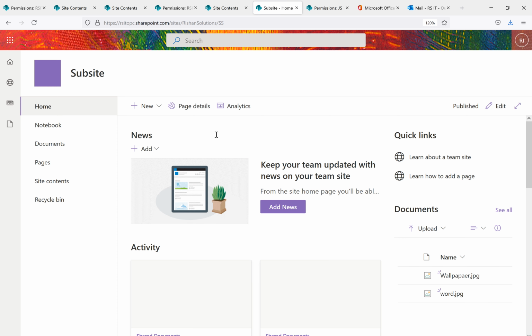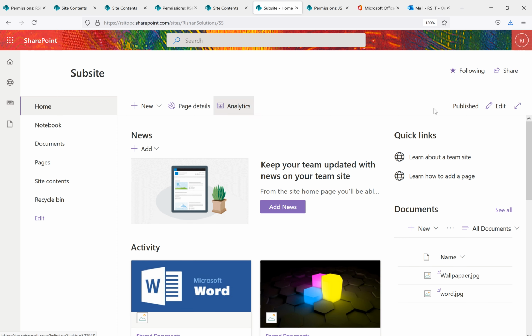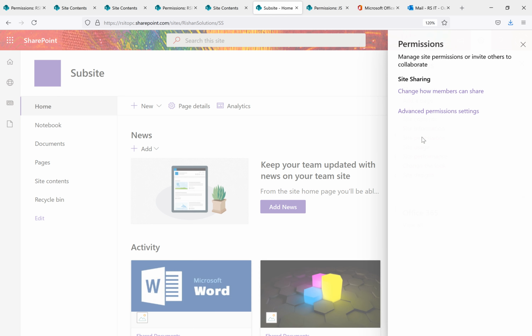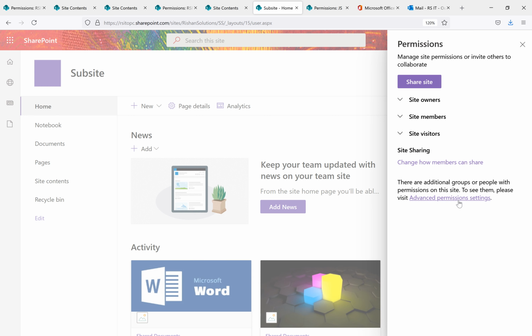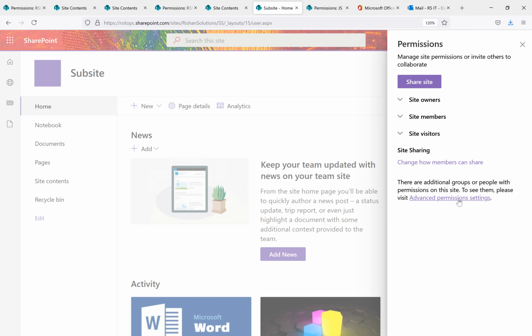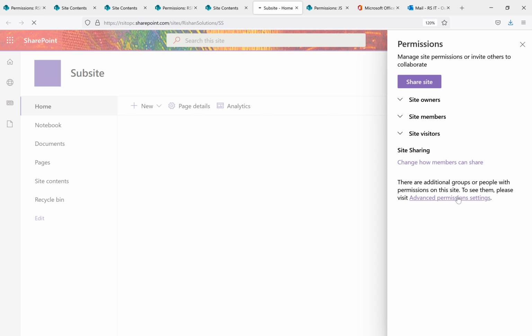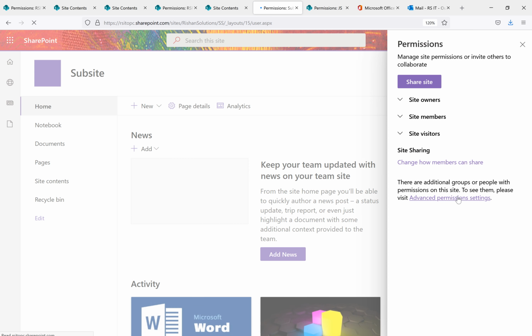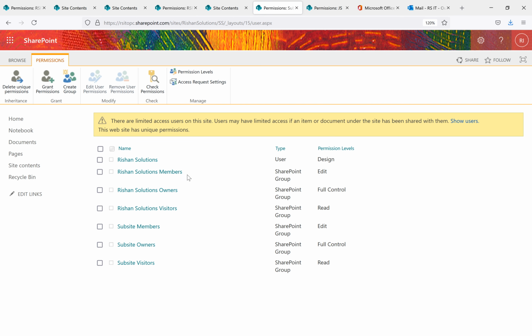To see that again, once it loads completely, you can go back to the site actions gear, and from there go back to permissions, go to advanced permissions, and see. Now the existing, we know that when we stop inheritance, existing users or groups